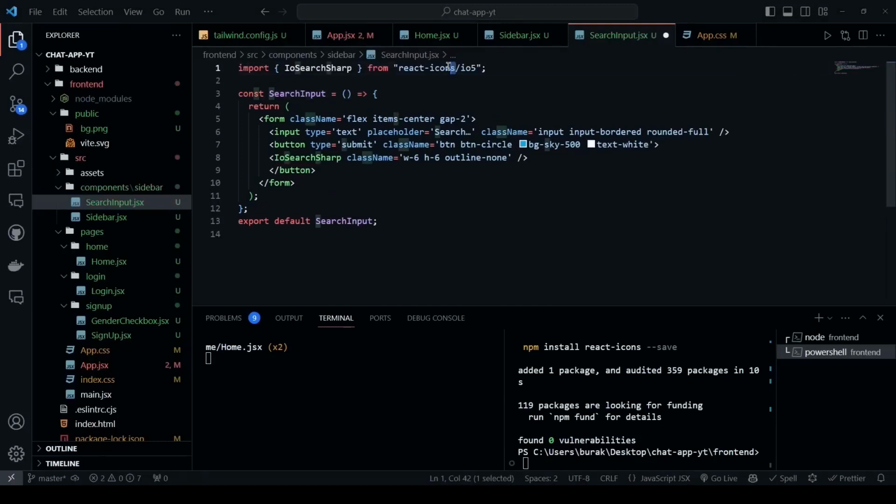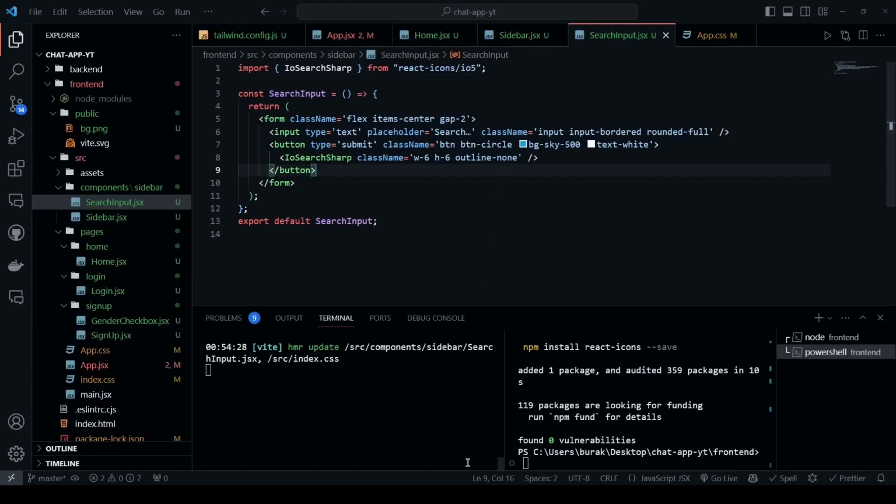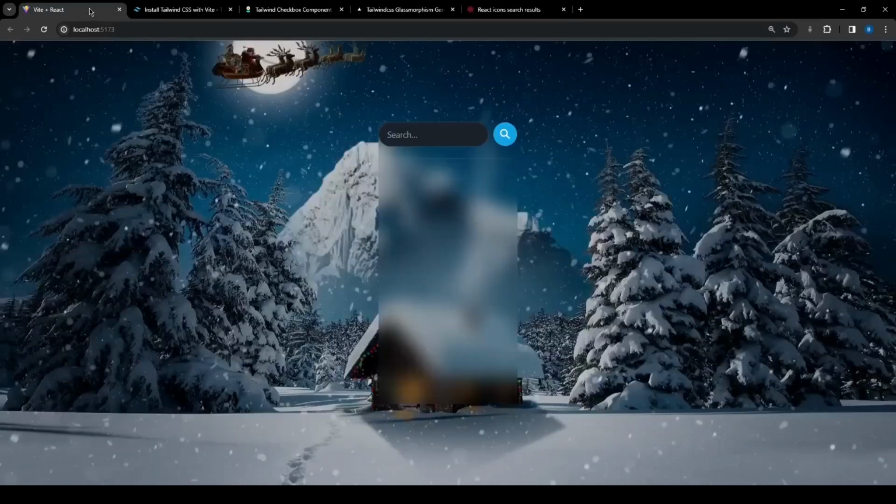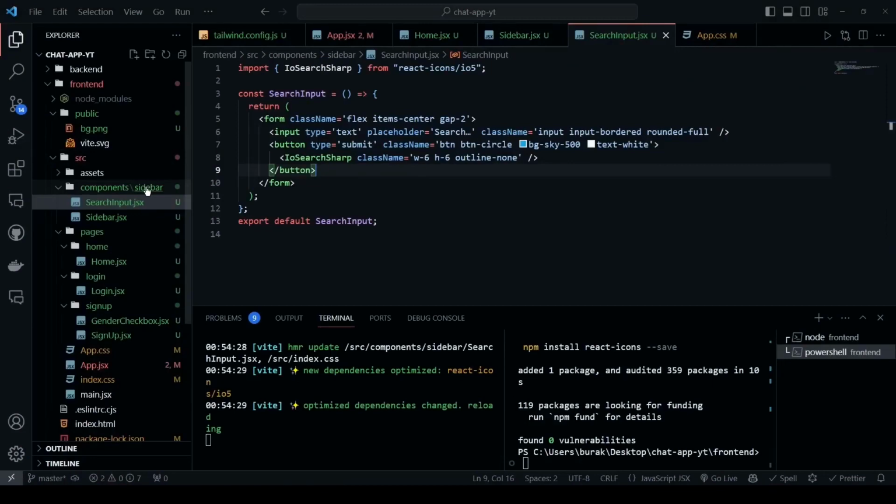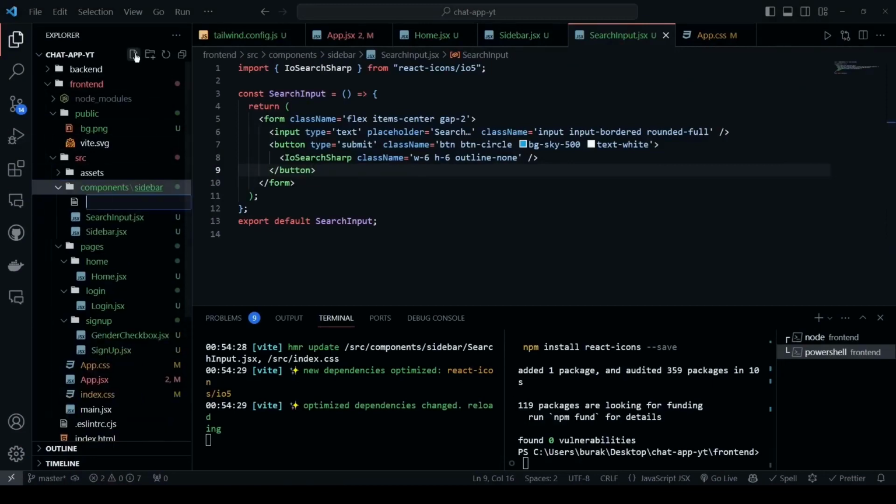It is coming from React icons and io5, and it has these class names: width of 24 pixels, height of 24 pixels, and no outline. Let's save, and this is the output that we have. Now below the search input, we said that we'll be having the conversations component, and let's create that. So again, inside the sidebar,